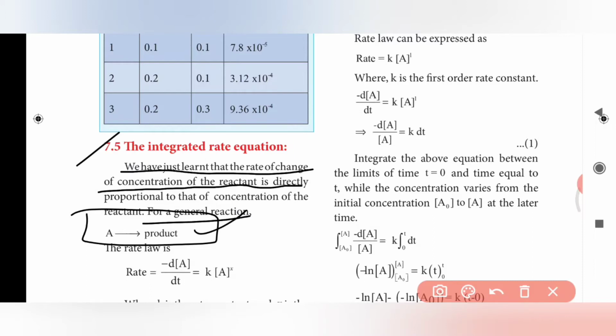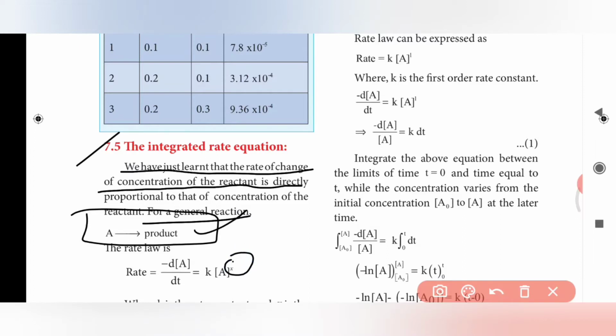By decreasing the concentration of reactant, it will be converted into product. So the concentration decreases, and for that you have to put a negative sign here. Minus d[A] by dt equals k, where k is the rate constant, times the concentration of A to the power x. The power x is